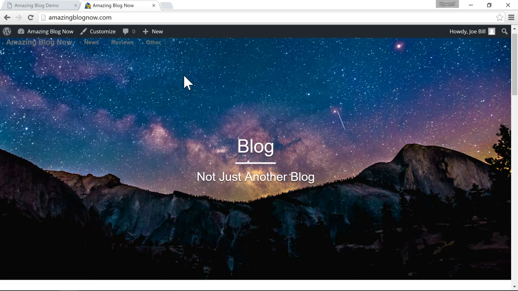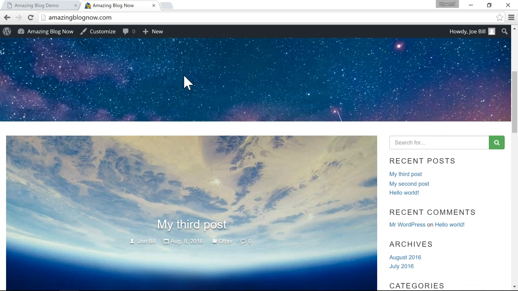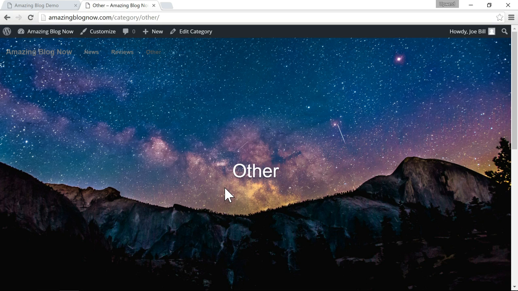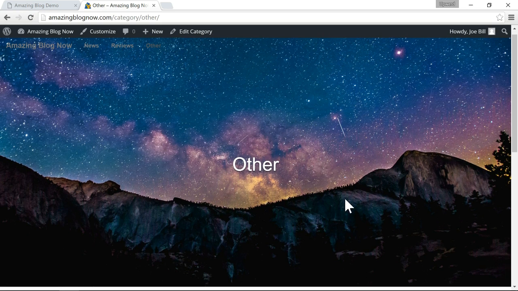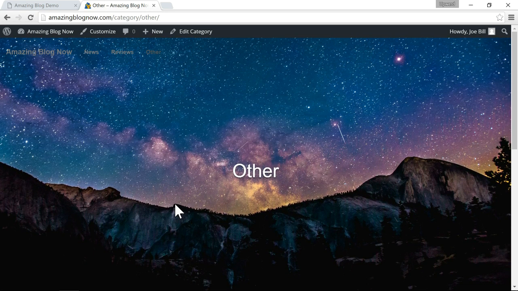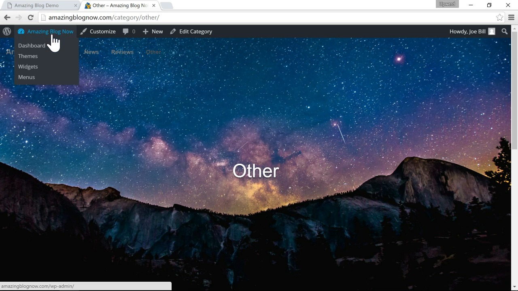So the next thing I want to show you is if you scroll down and click this other, that's the name of the category this post is in. If you click on that, you'll see it has this hero image, the same one as the blog, but you can change that to whatever you'd like. So to do that, we need a plugin called Category Images. So if you go back to your dashboard